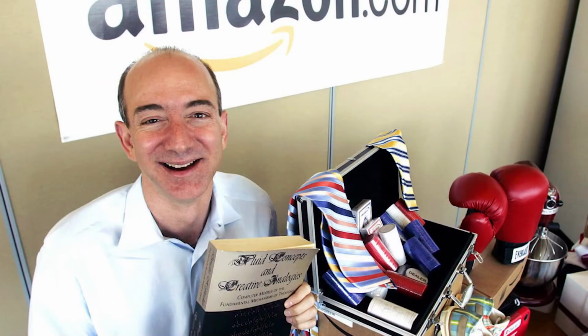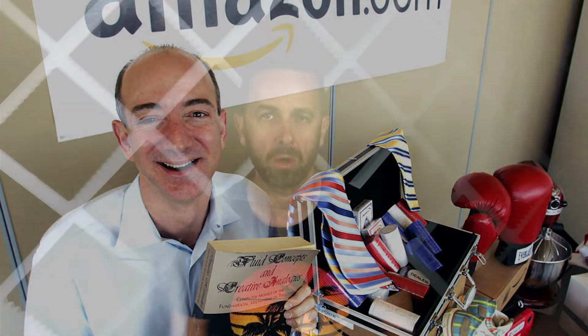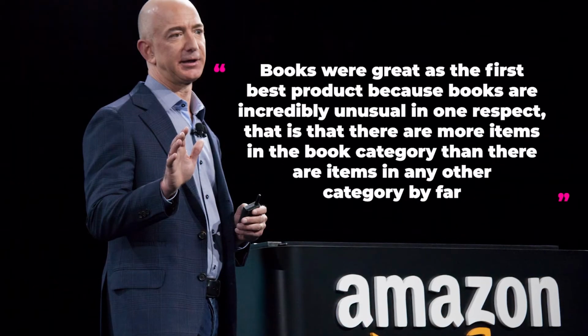This was Jeff Bezos finding a niche with which to approach the relatively new world of online stores back in 1994. Finding a niche is a common method for finding a sustainable competitive advantage which you can dominate. Now, there are several reasons that Jeff Bezos chose books as his first product to sell on his new everything store. In an interview back in 1997, he said that books were such a great choice because books are